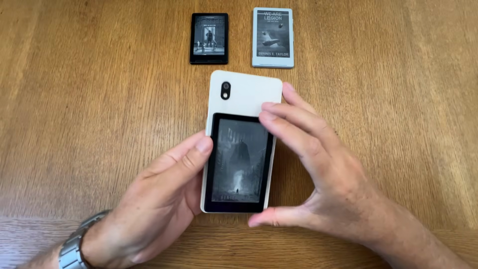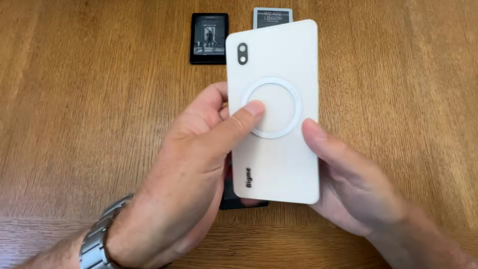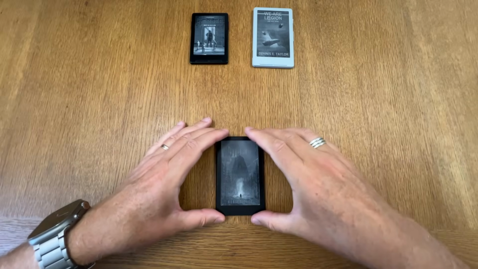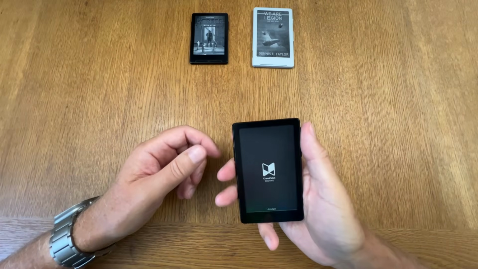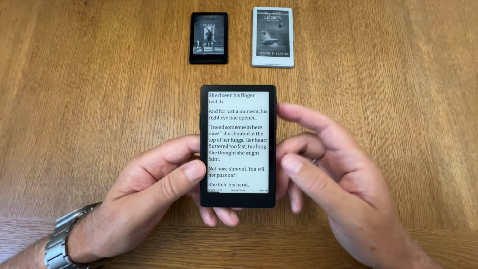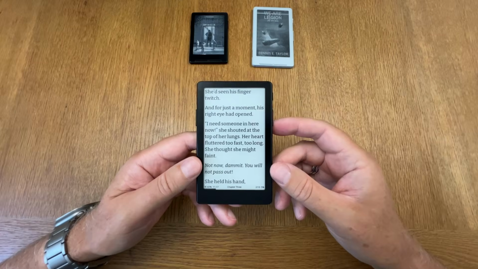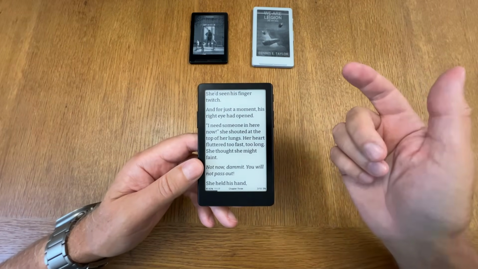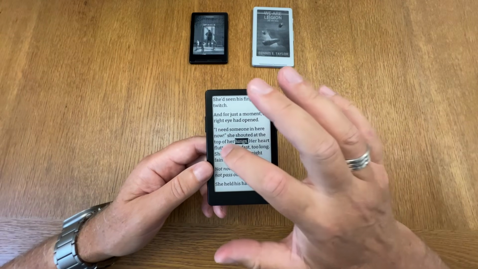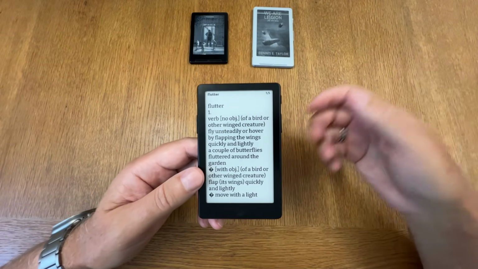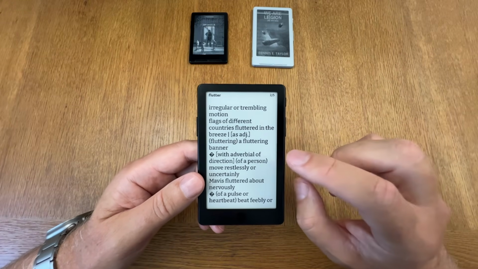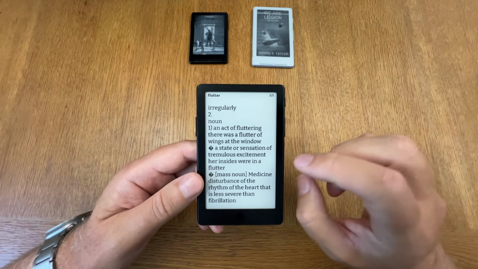So here we have my XTEINK X4 Pro attached to my Bigme Highbreak Pro collar, my main phone at the moment. So here we have the X4 Pro open in a book, and check this out. I will show you how you will do this later on, but check this out. If I want to have a dictionary here now, I just long press on this button and then I can click on a word like fluttered, and here we get, as you see, an explanation of that word in a